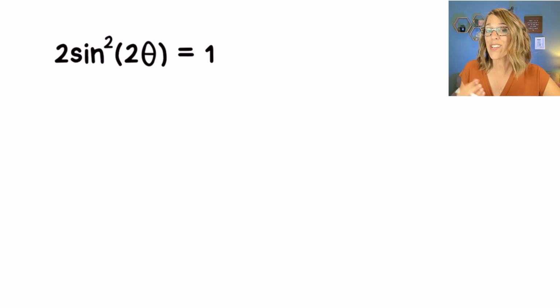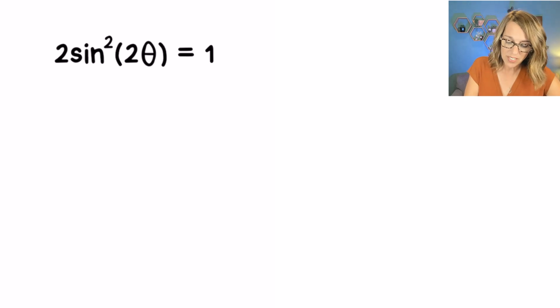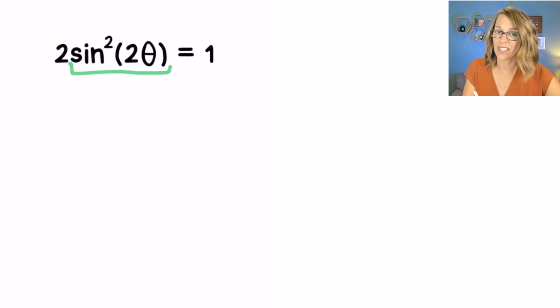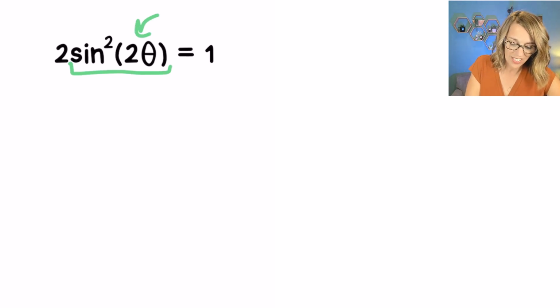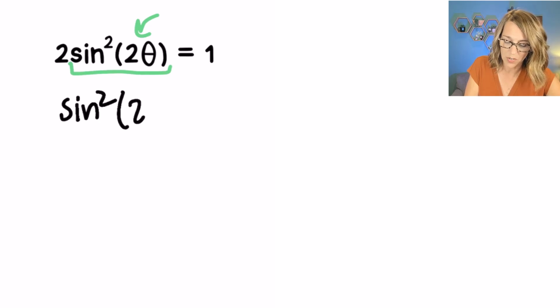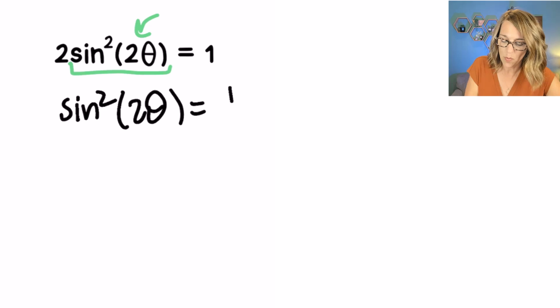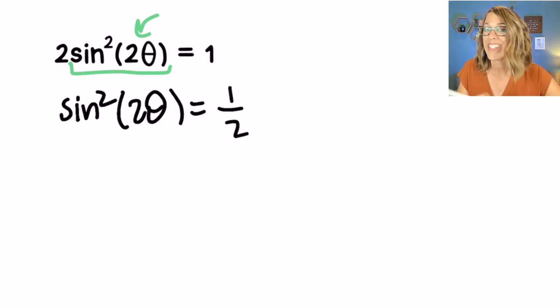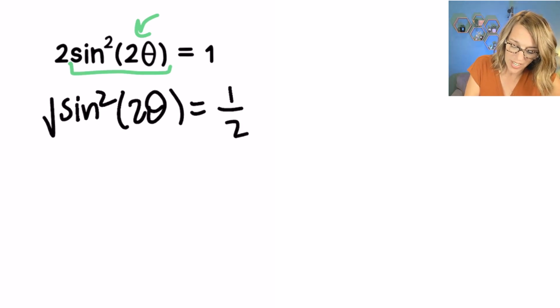In this last example, I just have a single trig value, so I don't need factoring this time, but I do want to start by isolating that sine. Notice I've got a multiple angle inside of there. As I'm isolating that sine, I'm going to divide both sides by 2, and I get that the sine squared of 2 theta is equal to 1 divided by 2. Next, I'm going to take a square root on both sides, square root,